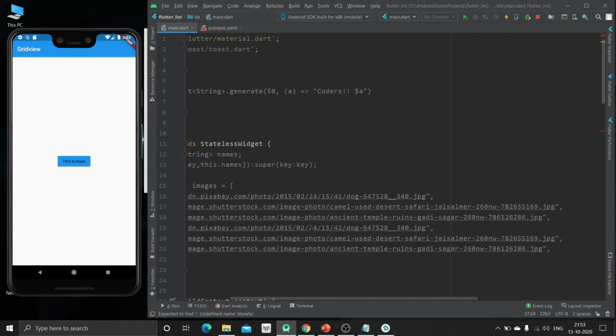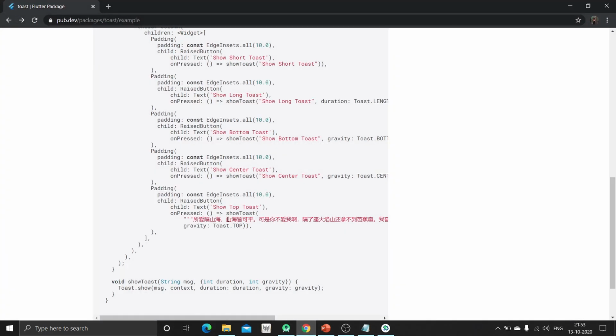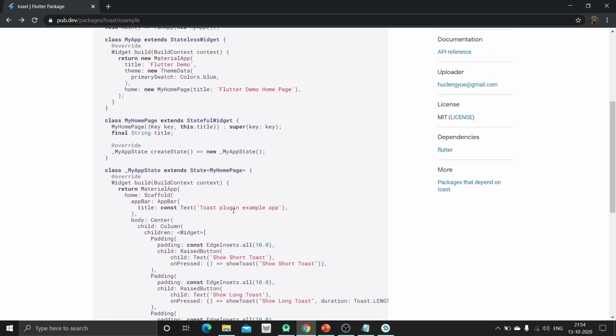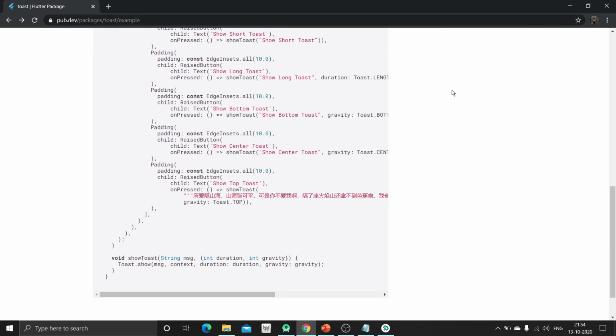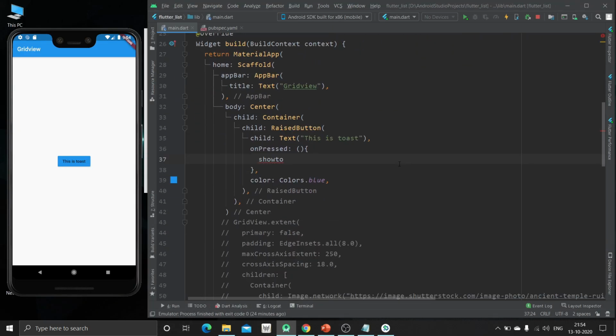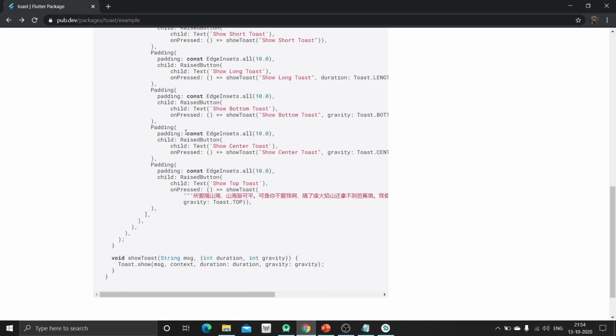Okay, we are not able to get it. Just look at this show toast. So it is provided by this toast. We are not able to get it, so we are just going to remove this package.